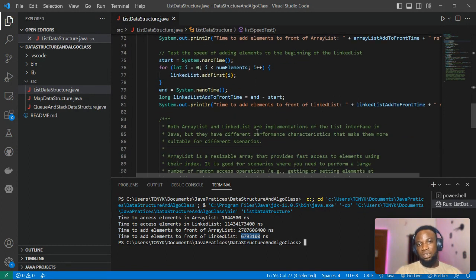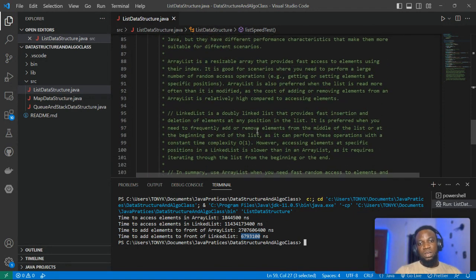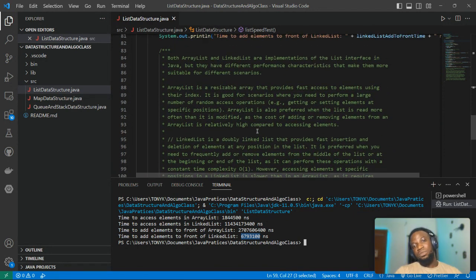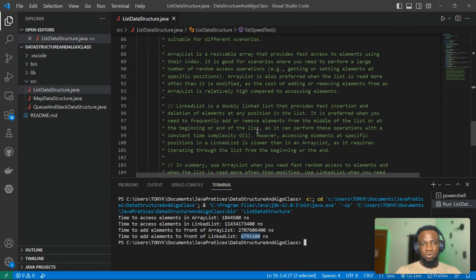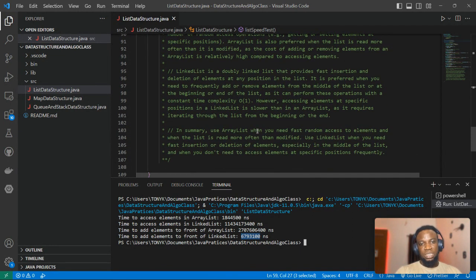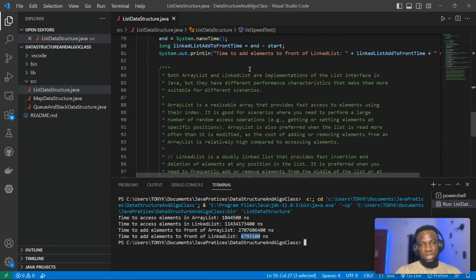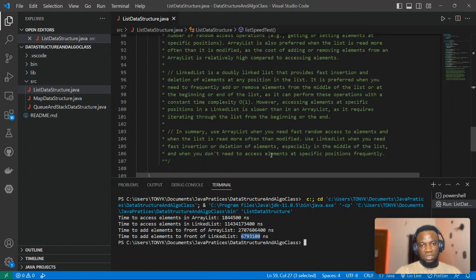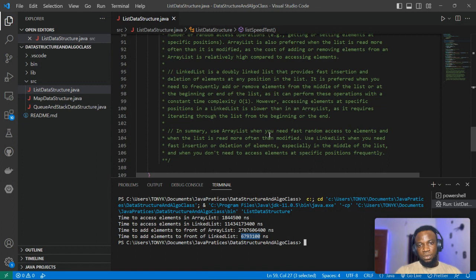So I just wrote this particular code to show you the difference, and I gave a summary here. I will be sharing this code, like I said, so you can go through it. I added a summary of when you're trying to access, which one is faster and which one is good for a particular scenario. Do you get? So in summary, when you need fast random access to elements, and when the list is read more often than modified, that means you read from that list more than you modify it,